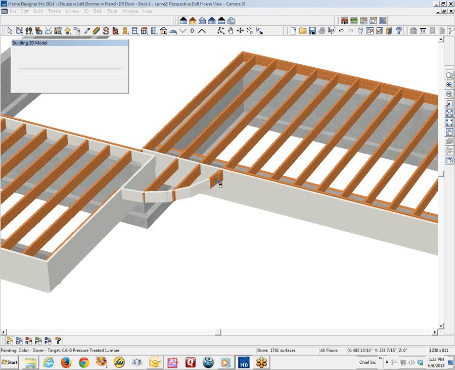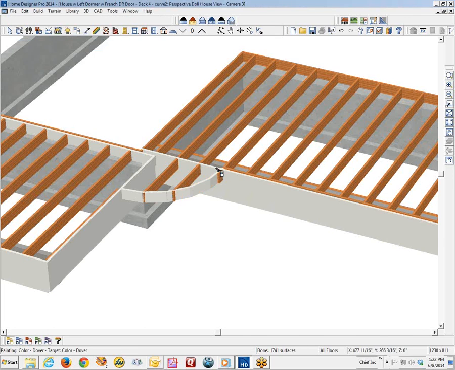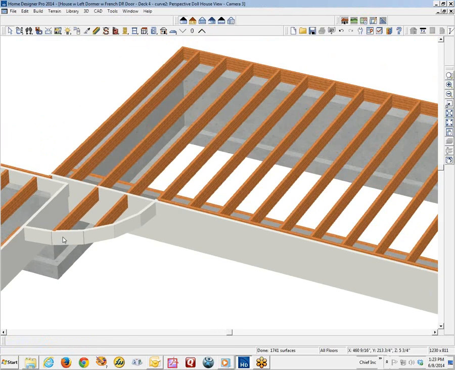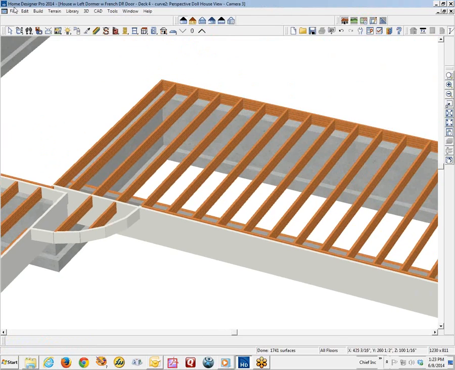For appearance's sake, that wouldn't be sticking through there like that. I'm going to click on it and just pull it back in behind the foundation. Click on this and pull it back just a little bit. Yeah, that looks better. Okay, I'm going to save,